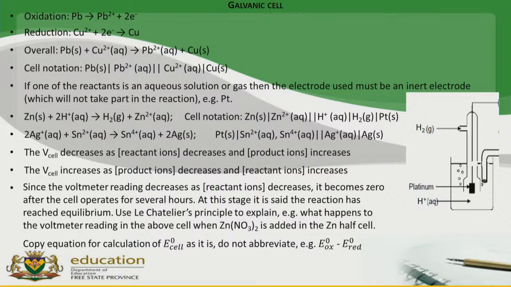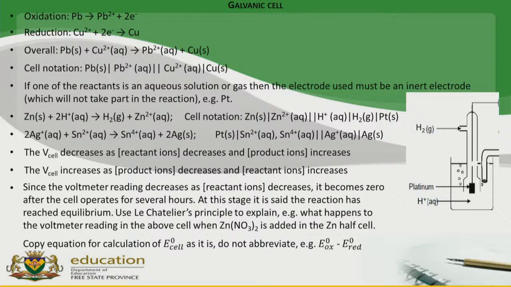And then on the right-hand side, I said is the reduction. So it is copper ions reduced to copper. So it will start with Cu2+ to Cu. Since these are in different phases, you'll put the line of phase separation. Say for instance, you have another reaction where, for example, you had zinc forming zinc ions, but hydrogen ions undergoing a reduction to form hydrogen. Can you see that in this case,